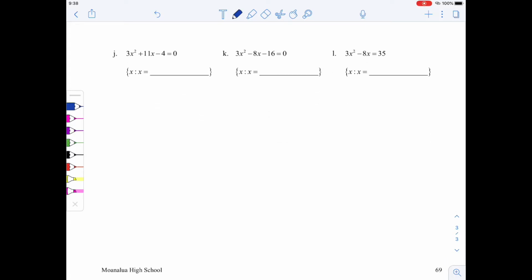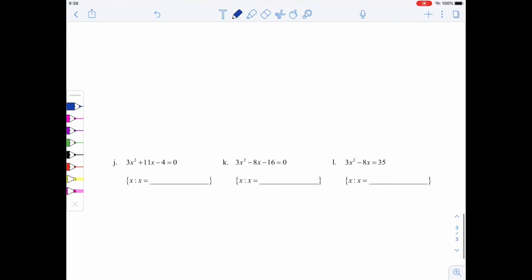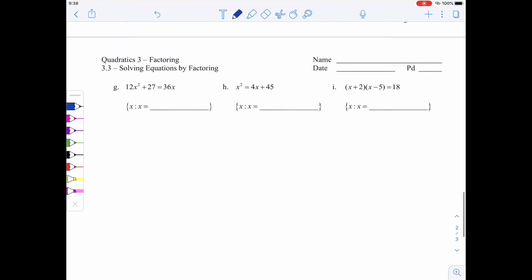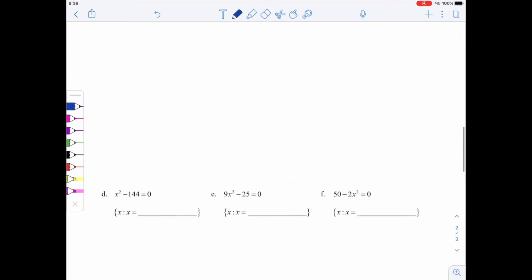Okay, so J, K, and L. Remember, this is solving by factoring. I think what you did is you solved by using square roots, right? Which is incorrect for these ones, because you cannot solve when you have two. Like these ones previously,